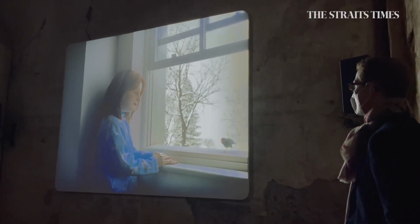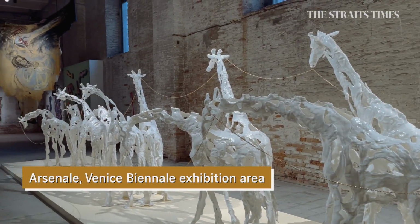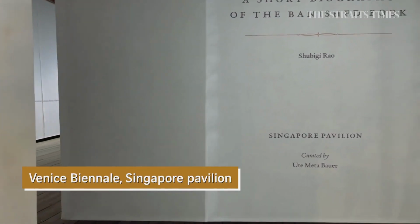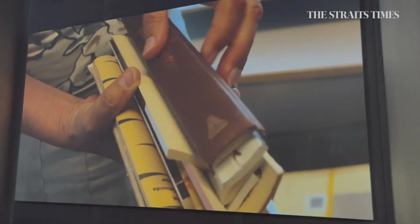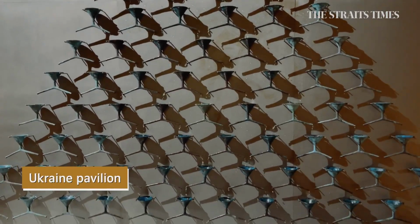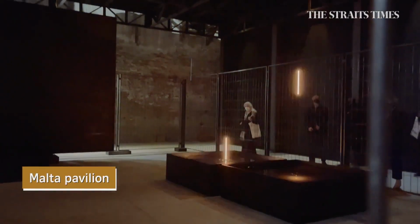Its exhibits can be found in 2 main areas in the east. One of these is a former shipyard complex called the Arsenale. Here you'll find the national pavilions of countries including Singapore, which is represented by artist Shubigi Rao and curator Uttamata Bauer. There are other national pavilions in the area too, such as the Ukrainian Pavilion and the Malta Pavilion, along